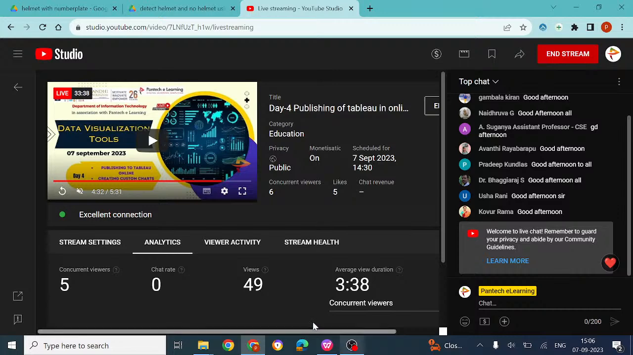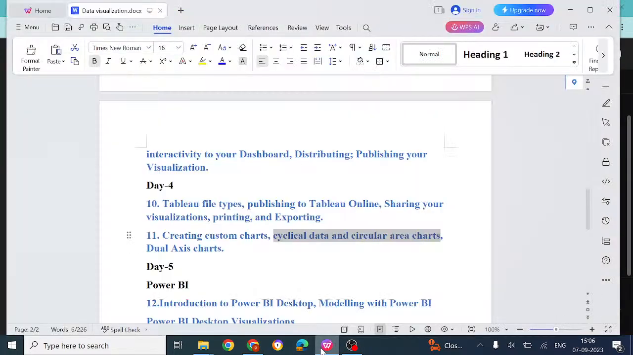Hope you can see this information. Today we are discussing Tableau file types, which file types we have, and if you want to publish the data from Tableau, how you will publish it. Sharing your visualizations, meaning if you want to share a visualization on Tableau Online, how you will share the information. And printing and exporting, how you can do that, you can go with different options there. And coming to the next one,